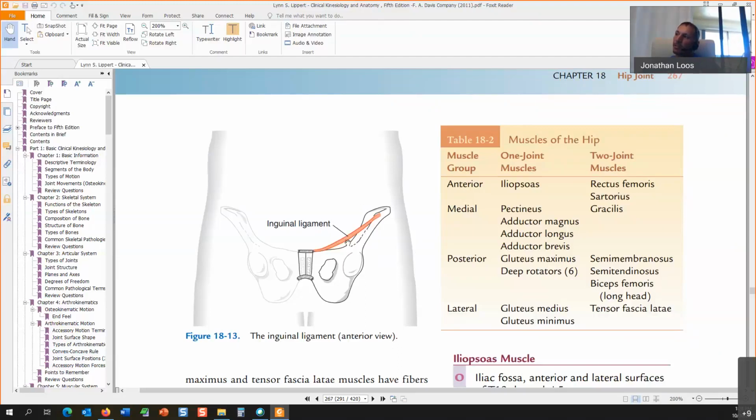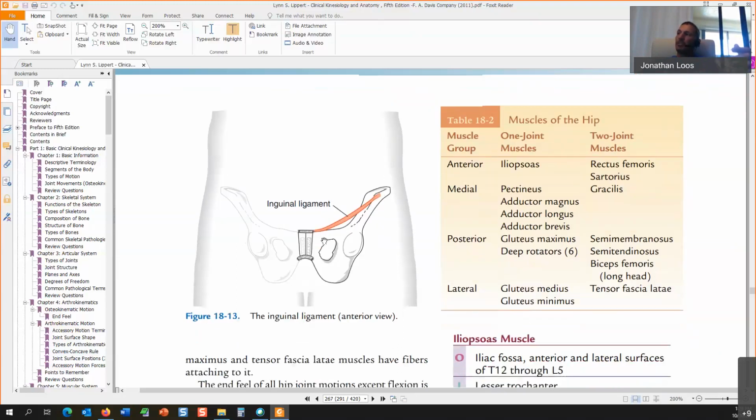You can see there's a little bit of a gapping opening here. When someone gets an inguinal hernia, it's usually because of a defect in the abdominal wall through here, because this is mostly connective tissue, and then above that you have your musculature. It serves as an anchor point or reference point when we do our surface anatomy, the inguinal crease that's created here. But that anchor is right at the ASIS, the anterior superior iliac spine,